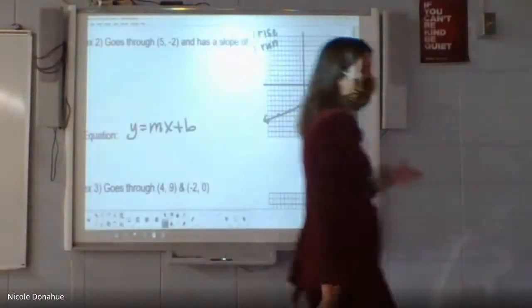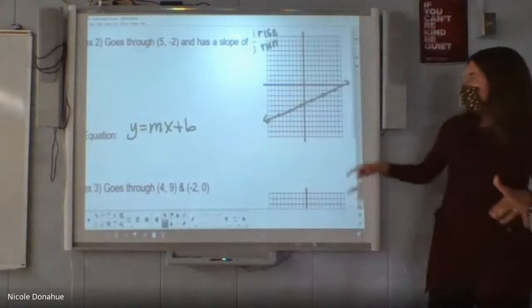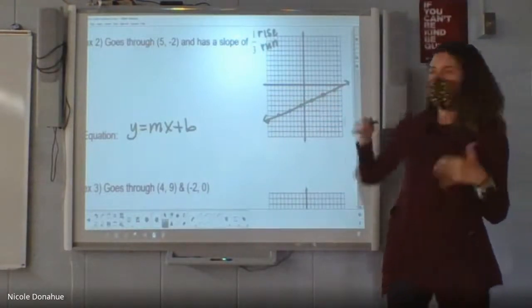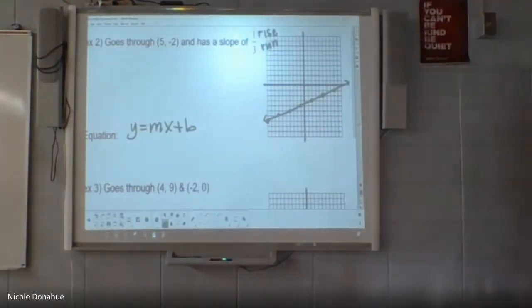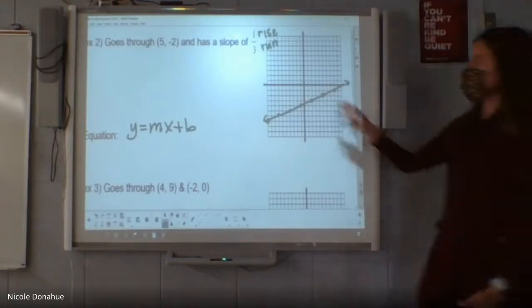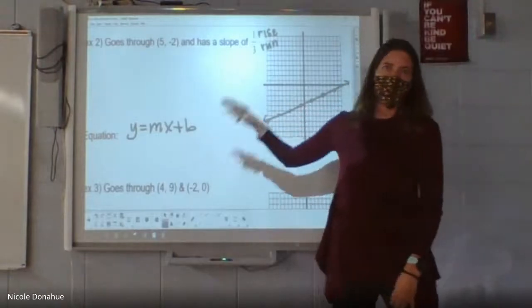Now, first of all, I can probably estimate a little bit. It looks like it's a -3 point something. But my graph is not super precise. I'm assuming yours isn't perfect. I mean, I can't tell, 3 point what is that? I can't really tell that. So I'm going to have to use some algebra to get us there.